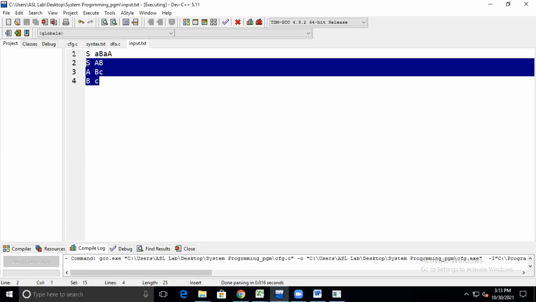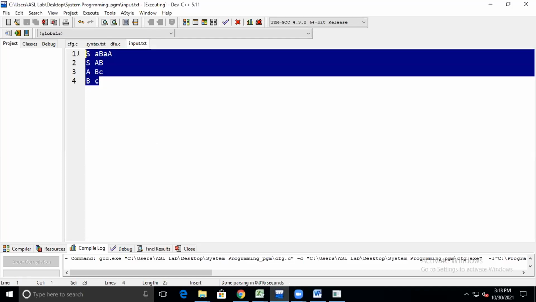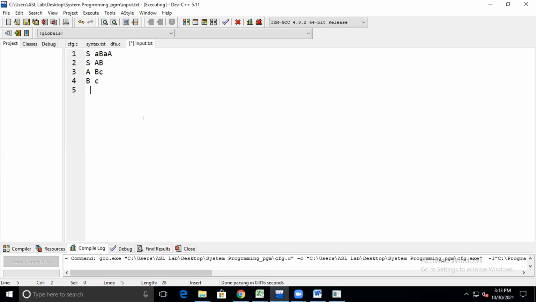You have to take these types of strings, but this is not the regular pattern I have taken. The grammar should be followed. So you have to take such types of strings which are grammar based. Yesterday we had taken values like A or B, A B like this. So whether this type of string is valid or not, that we have to see. You have to take an input in this format and you have to generate the output.